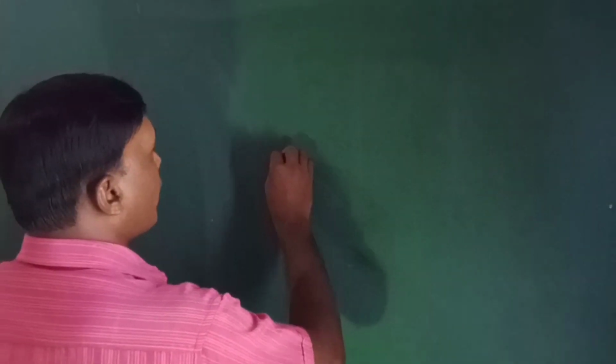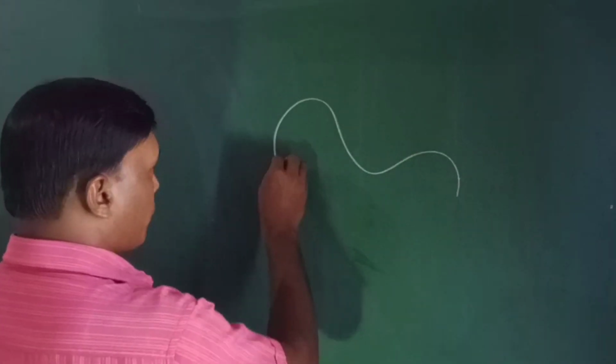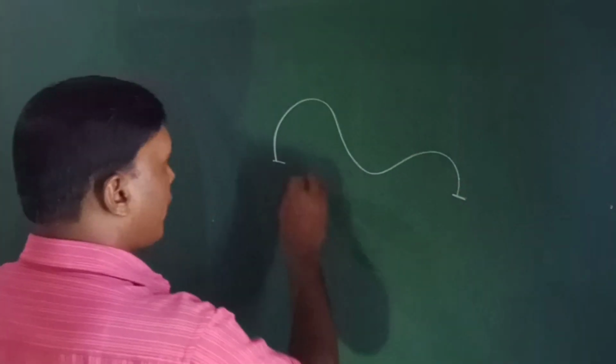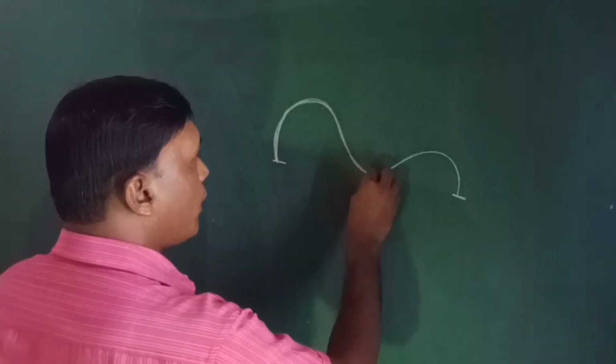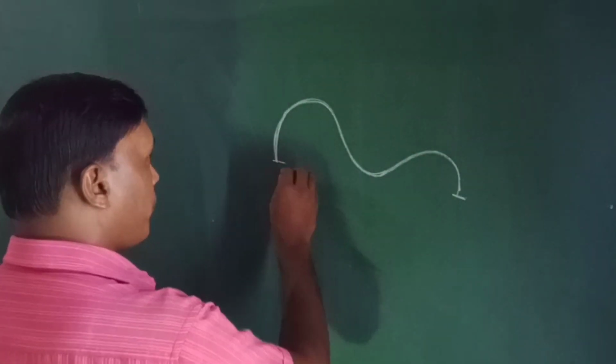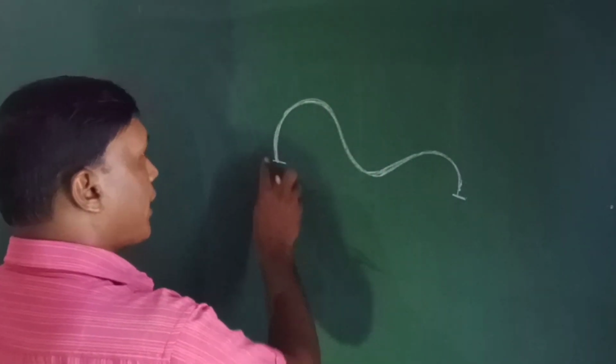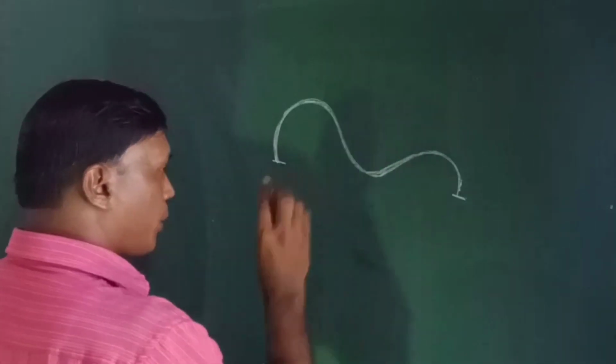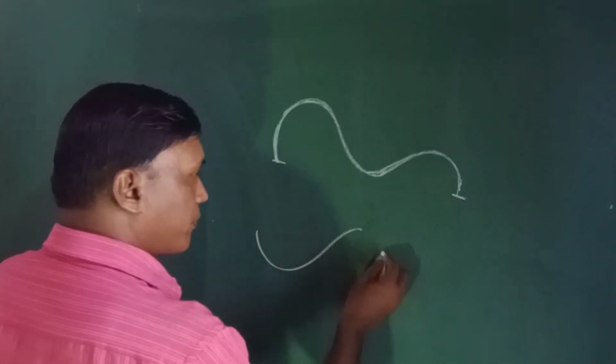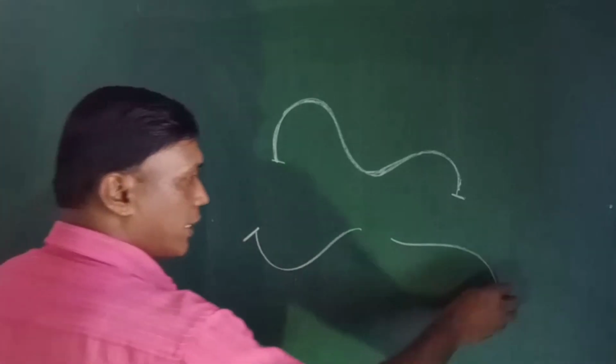As every function is a curve, when we are drawing the graph of a function, sometimes we can draw without lifting our hand. Suppose I draw a graph like this. Look here. From this starting point to end point, I just draw this without lifting my hand, without lifting the pen, without a break. Suppose a graph is like this. Suppose this is the starting point and this is the end point.